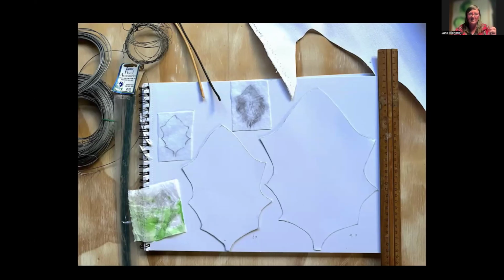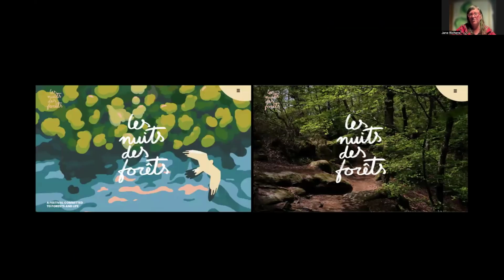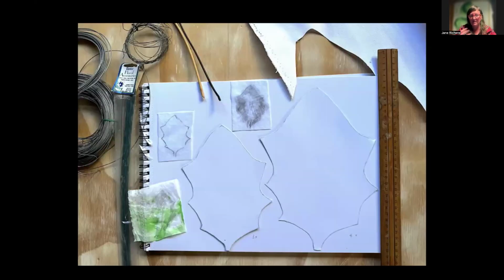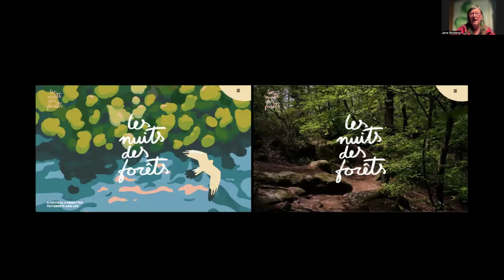Anyone coming on a walk in the forest will be able to take them out and really look at them and touch them and play with them and get a sense of what they're like, so that they can learn more about the species when they go back and work with their revegetation. It's possibly something I'm working towards for a festival in France in June, but I'm not sure.